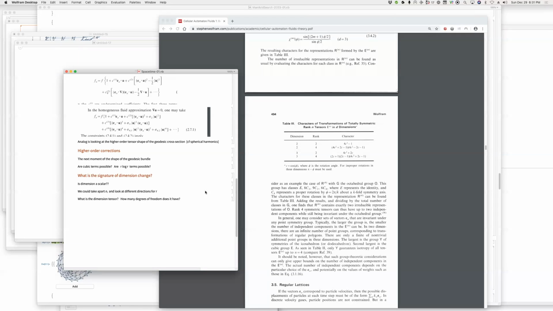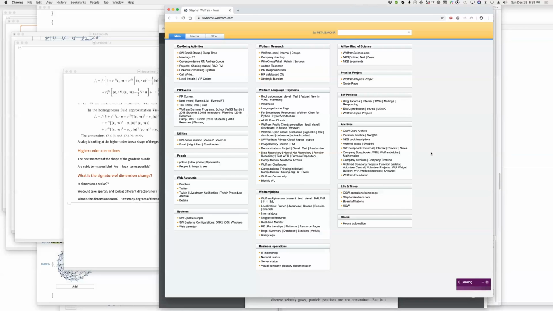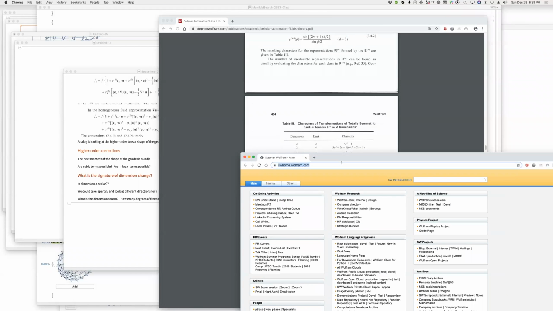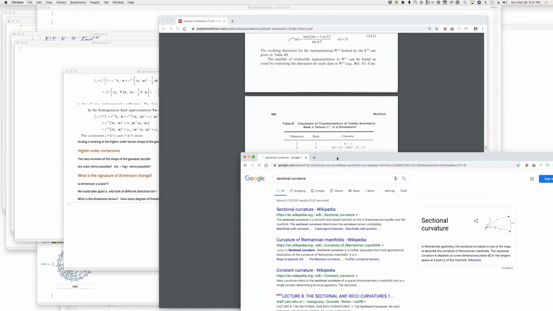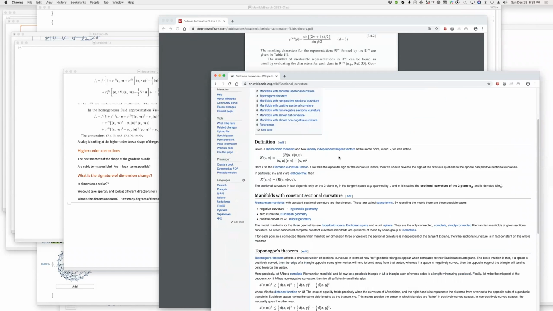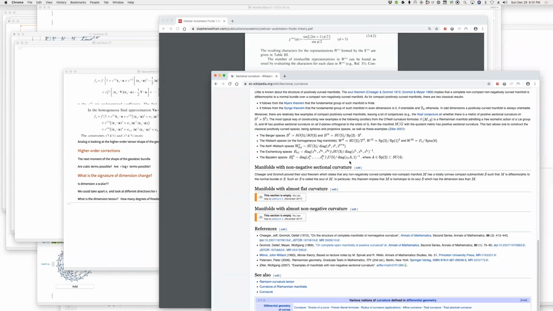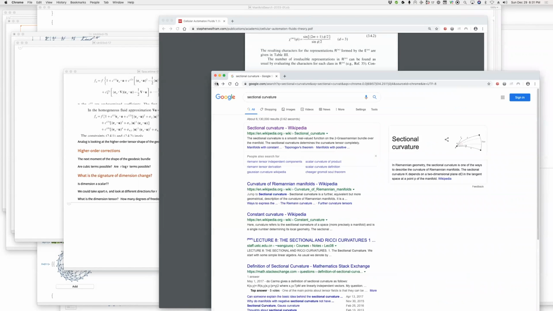Okay, I need to understand some basic things here. I don't understand what sectional curvature is, so let me start with that question. I'm sure I've known this at some point, but let me just. Right. See, I love that the sectional curvature is the first thing that shows up. Okay. Right. Oh God, Wikipedia is so frigging technical. For some things. I wonder whether there's a